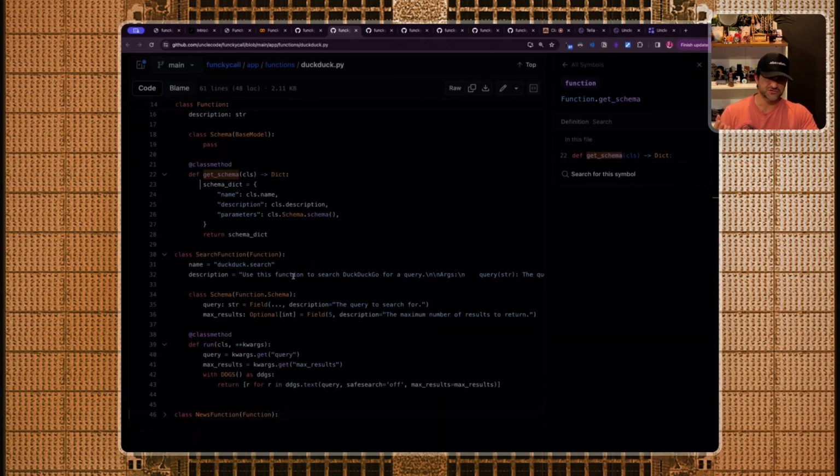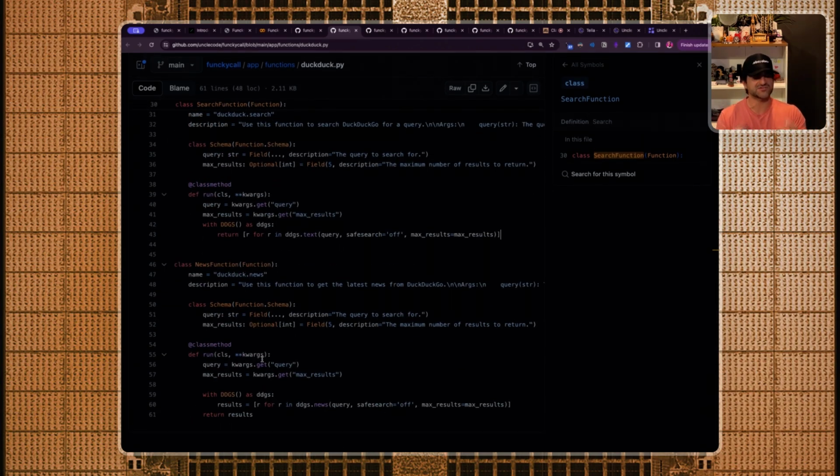So let's look at the duck.search. That's the name, duck.search. And you see the Search, that's why I make the search uppercase and connected here. This is a description. It has this schema and it has this run method. The run is what we run in the proxy, not on the client side. In this case, I create an instance of Google search, I search it, and I return back the result. So the point here is these are functions running in the proxy. Imagine we can have a lot of them, and that's my plan. This is actually the FunckyHub. We're going to have a lot of functions over here, like this search, like this news, that do the